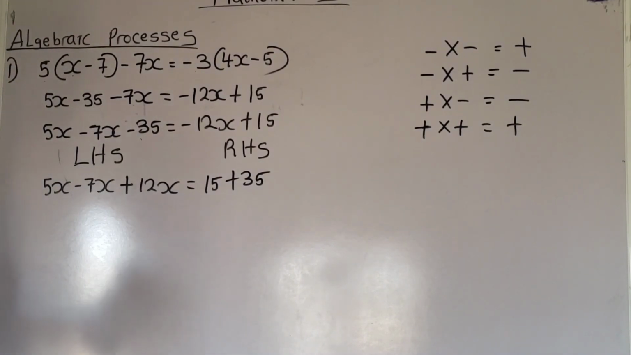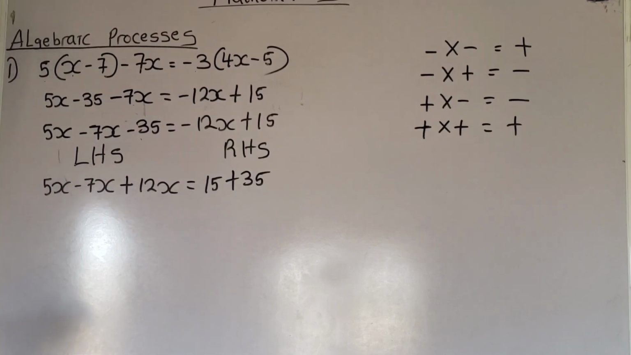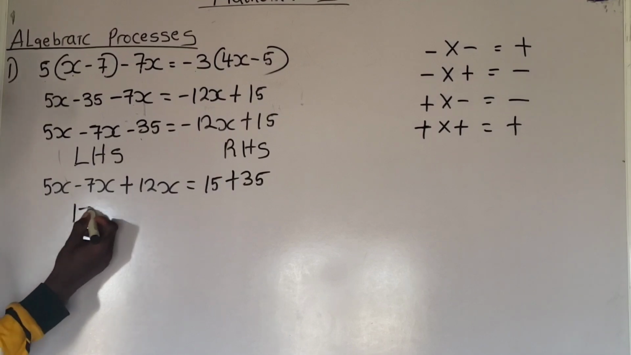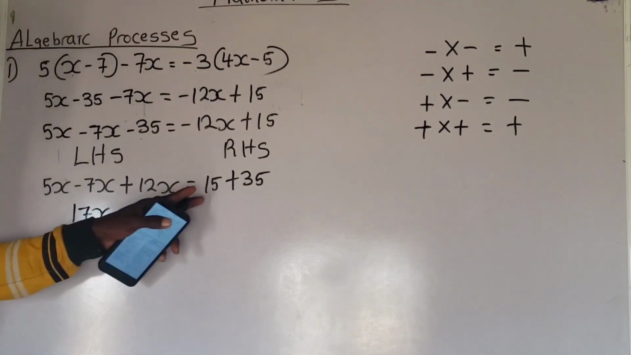Okay, so for this I'm going to have 5x plus 12x according to the rule of BODMAS. Don't forget the order of operation. Pay attention. Bracket, division, multiplication, addition. You see, addition comes before subtraction. So I'm going to first add this and this together before subtracting 7x. So for this I'm going to have 5x plus 12x, so I'm 17x minus 7x is equals to 15